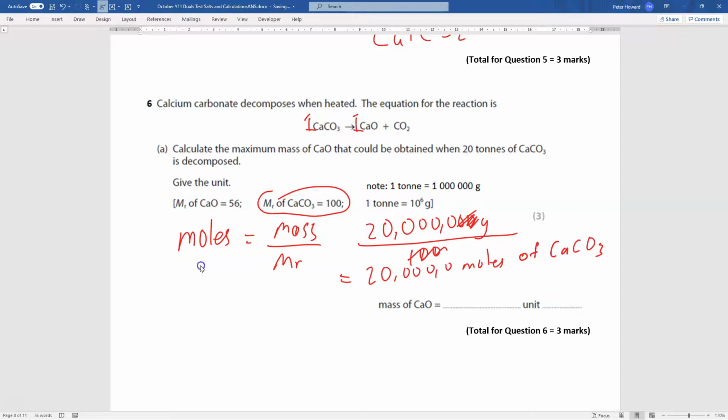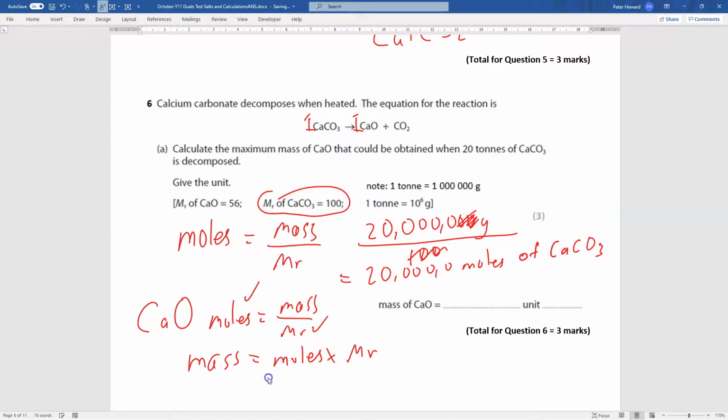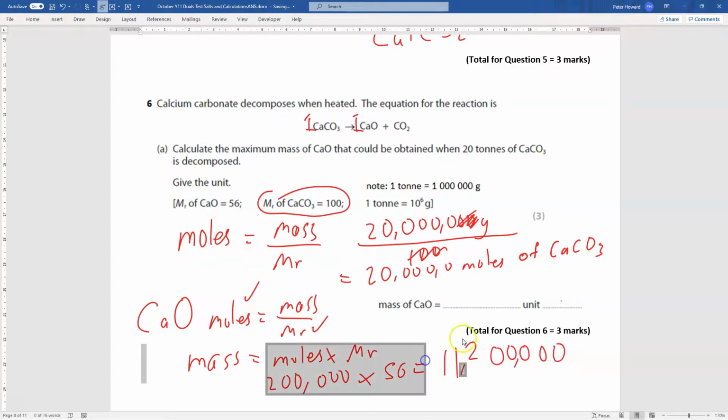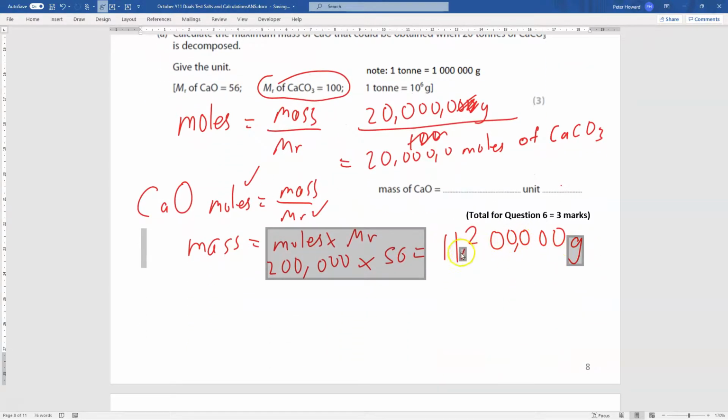So now, this time round, what do we know? If we think about CaO, we could have our equation, moles equals mass over MR. We know the mass of 1 mole of calcium oxide. We know the number of moles, so we can say the mass is equal to moles times MR. Number of moles, 200,000 times the MR, which is 56, which gives us, so we do that calculation, we get